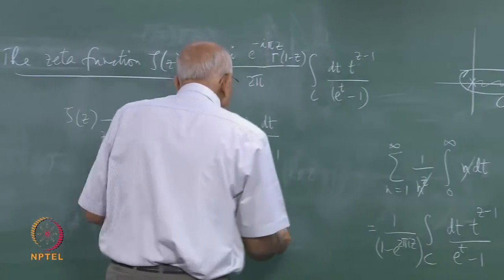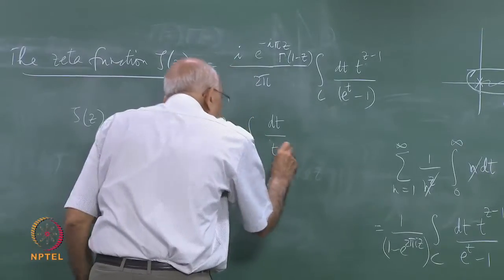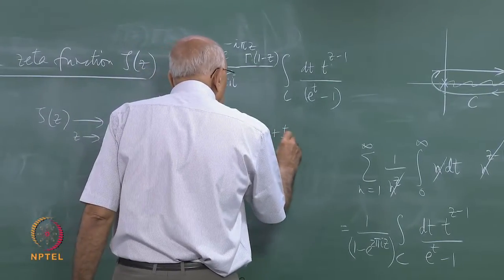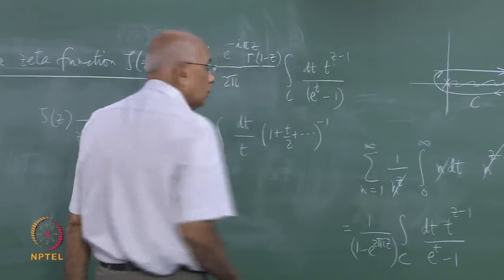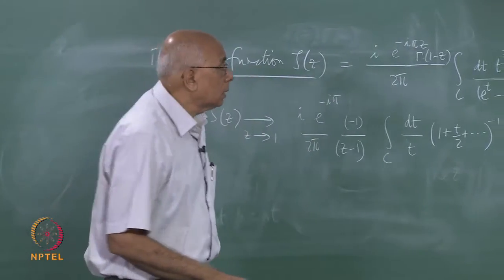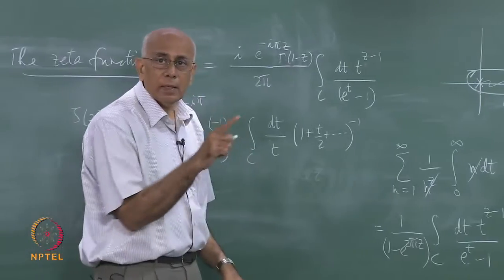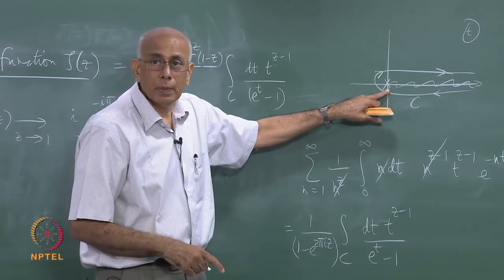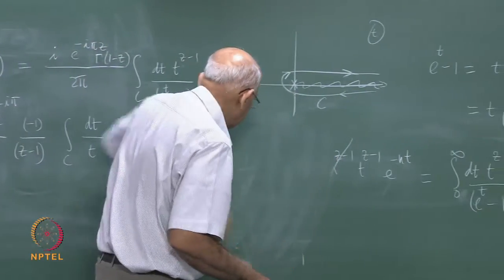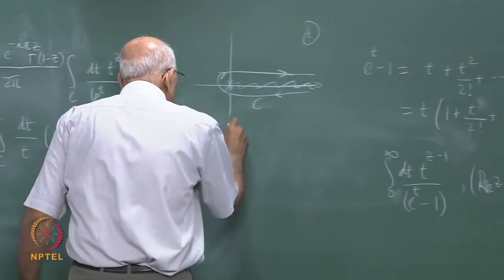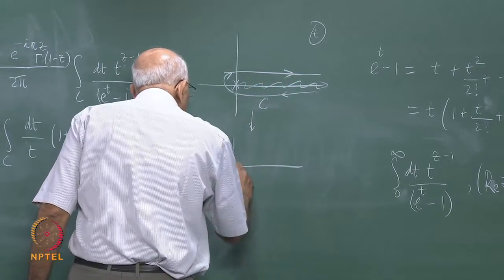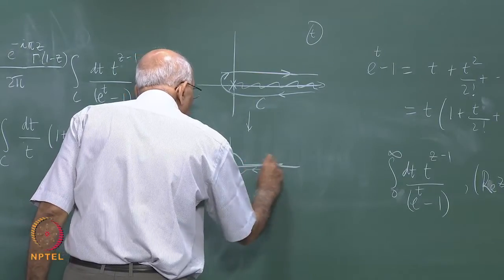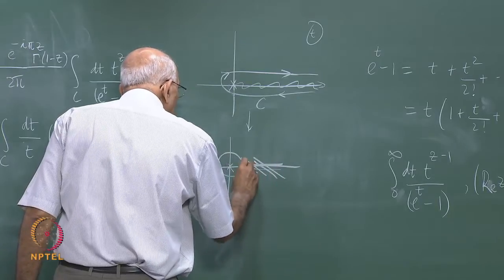So you could write this whole thing as t down here, and then you have 1 plus t over 2 plus dot dot dot to the power minus 1. So this tells you clearly that this integrand has a simple pole at t equal to 0 in the t plane right here. And moreover, this contour goes, as in this case, to just a simple pole. This portion of the integral cancels out against that, this goes away and you are left with just this,